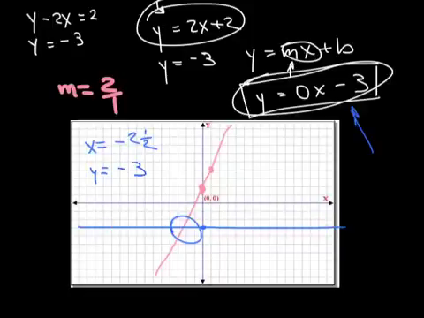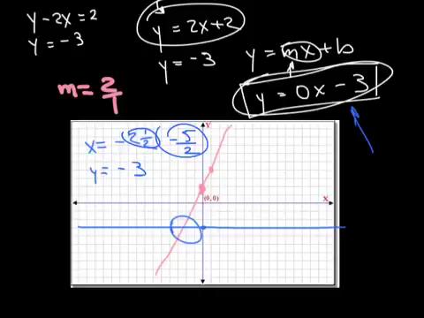So my x is around -2.5, and my y is for sure -3. If I were to change that to an improper fraction, it'd actually be -5/2, which I prefer. So my point where they intersect is going to be -5/2,